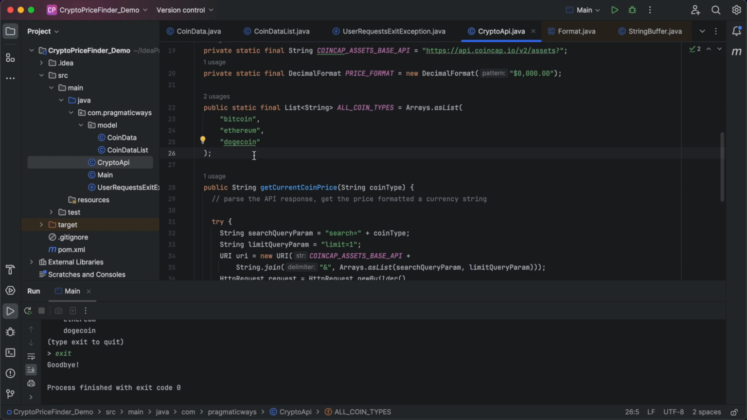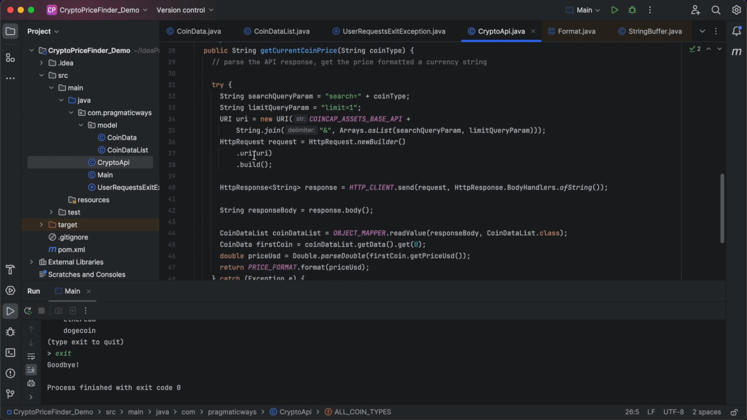This is just a basic introduction on how to get a Java application to call out to some external API,